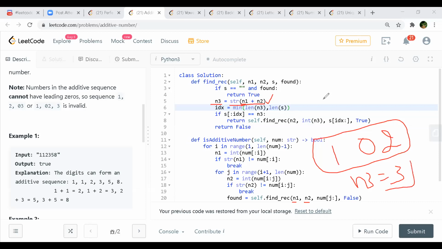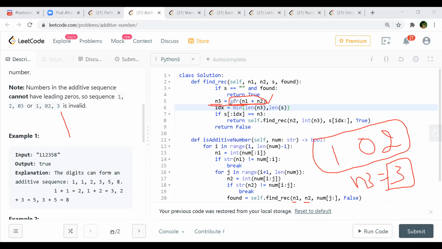In your string, it will be 3, right? Oh, sorry, 1. The length would be 1. Length will be 1. Okay. Because in every recursion call, I was thinking in the recursion call you should also check that string length, if it is a leading 0. I don't know, maybe Python handles it. It will be taken care of here, right?